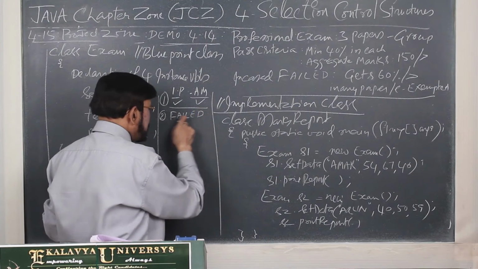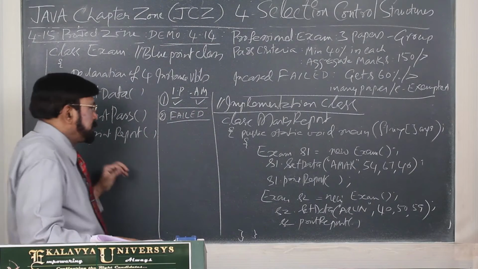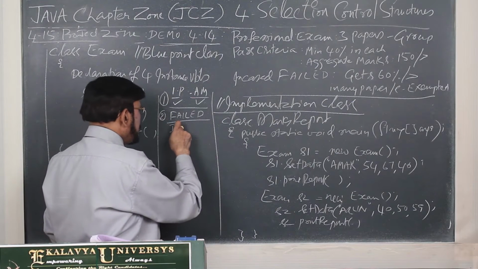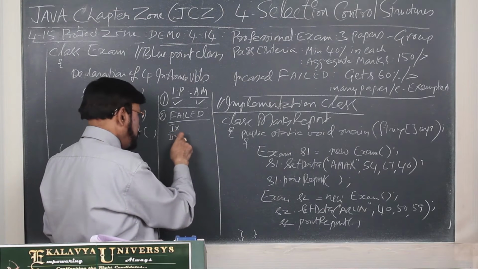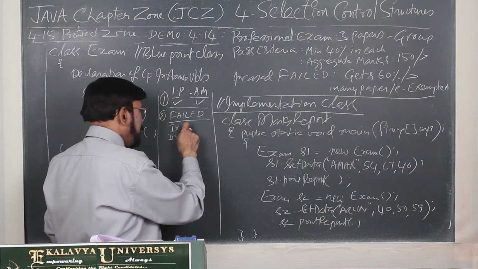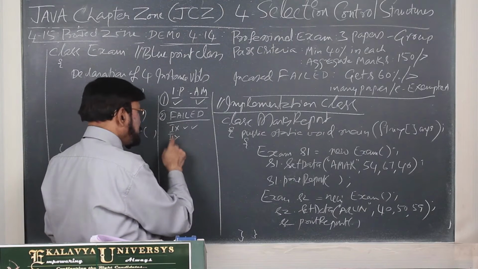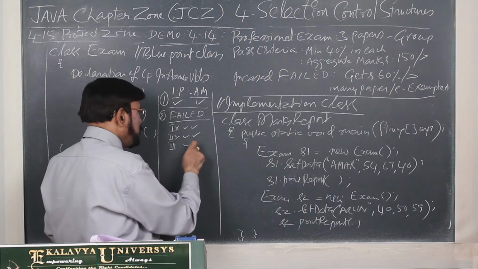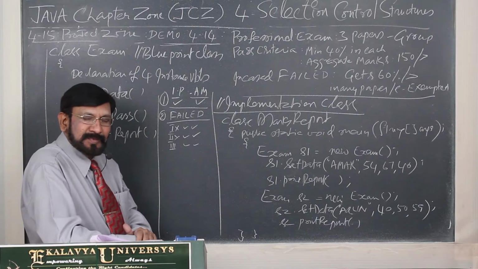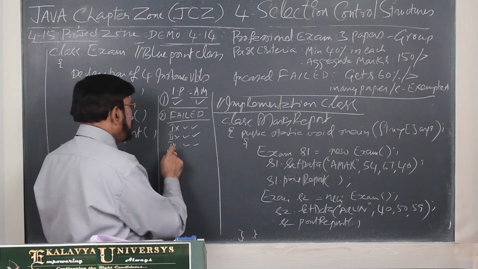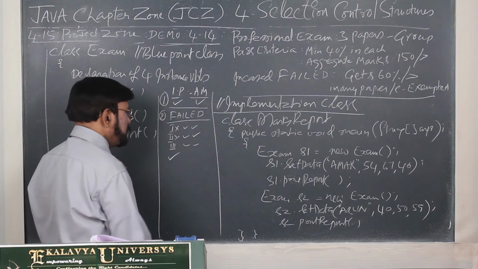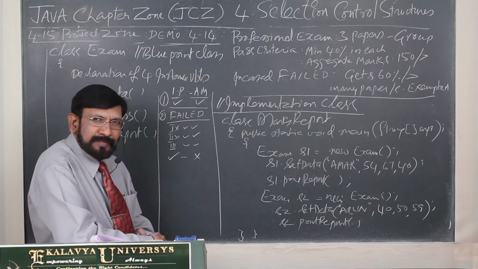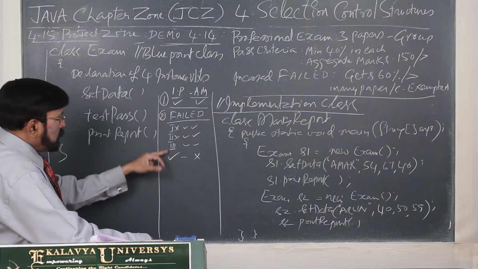How many types are there? You have to apply your brain and know that. Actually, as far as individual papers are concerned, 1 may fail, or 2 may fail. 1 failed, and 2 and 3 passed. 2 failed, 1 and 3 passed. 3 failed, 1 and 2 passed. There are 3 categories. Okay, and individual papers he passed fully, and in aggregate he failed. This is another category. And 4 categories we found.